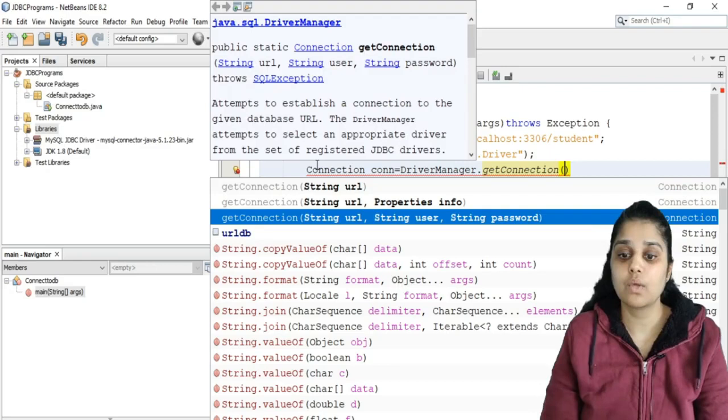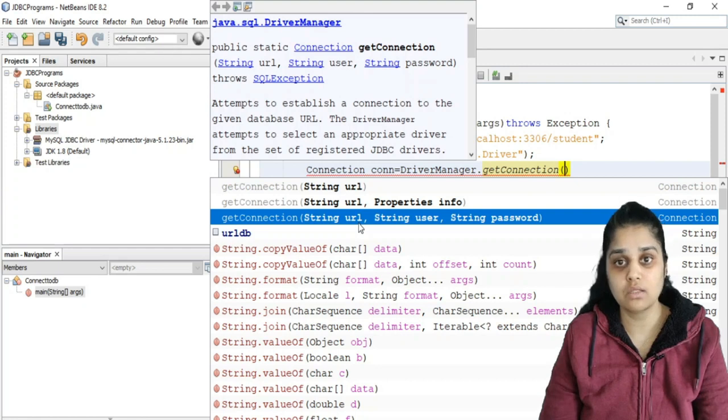First thing is I am going to specify the URL of the database that I am going to connect with. Then I am going to give the user name to connect with that database, and third thing is I am going to use the password. I have already discussed in this video lecture that the username by default is root, but the password by default is null.